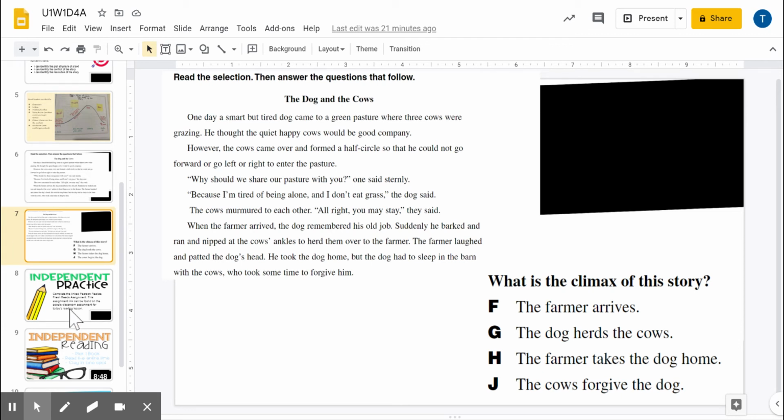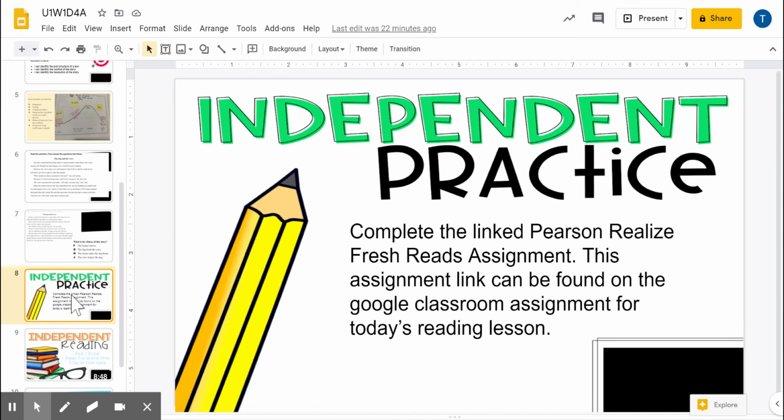So even though we did not identify all of the story elements to answer this one question, identifying them while we were reading helped us to have a better understanding of the story. To follow up with this, for independent practice today you are going to complete